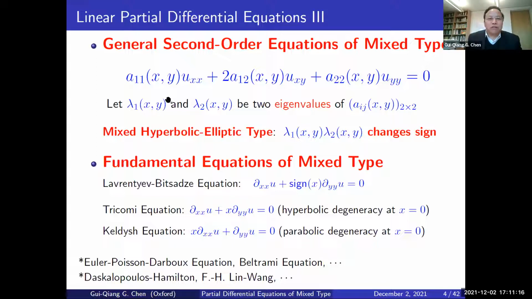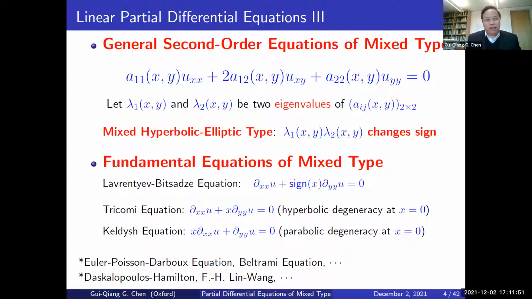Because we know the coefficients in x, y exactly, that means we know the transition boundary a priori, right? So when we study this linear PDE of mixed type, you first start when we know which domain is elliptic and which domain is hyperbolic. Then you first study the hyperbolic domain, which of course is degenerate near the transition boundary, trying to understand the degenerate